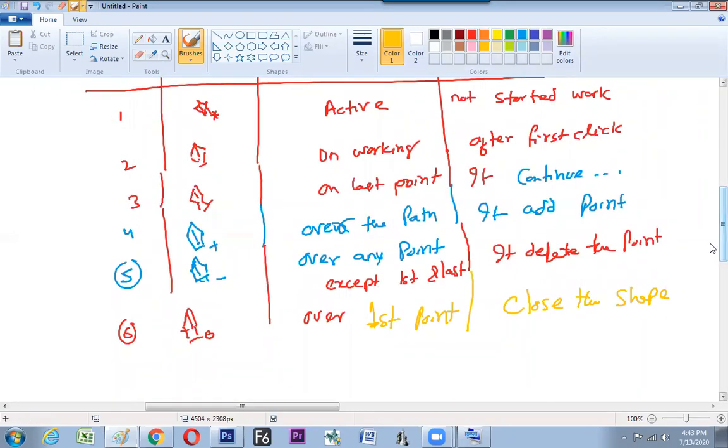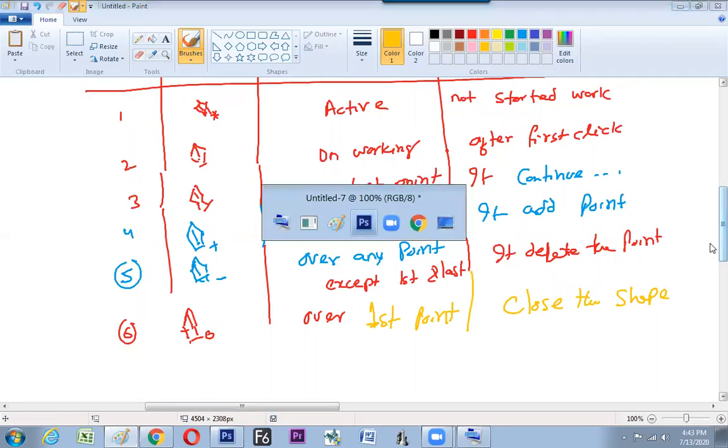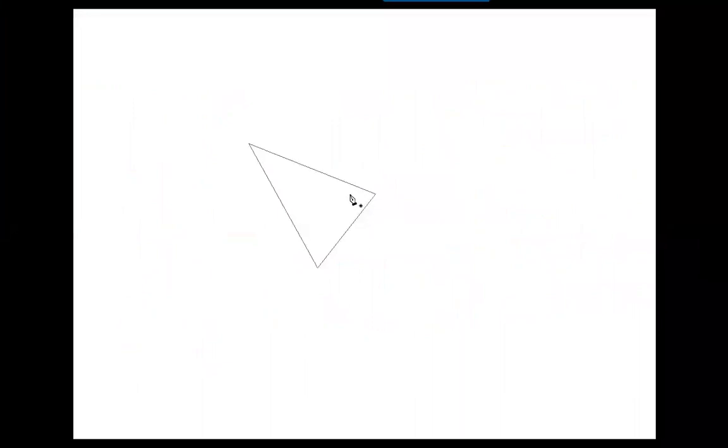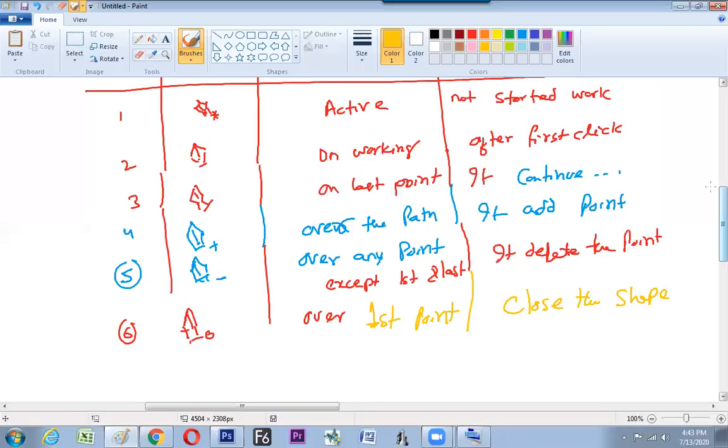I do understand it is highly strained, highly boring, but unless we know these icons, we cannot talk with the software. If you know them, easily you can talk to the software. Fine. So just to make you know what the cursor is, I'm making everything clean so you can focus on the cursor only. Now we have understood 6 different types of cursors. Now the next cursor, and a few technical terms come: point, and in between 2 points, path. After closing it, shape. So 3 technical terms came across now.